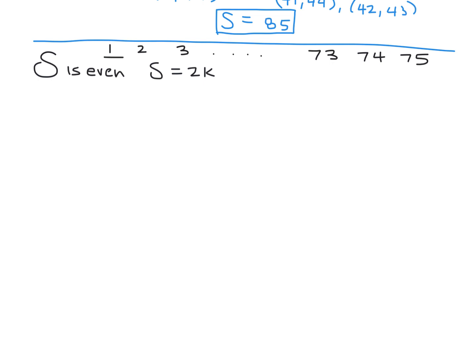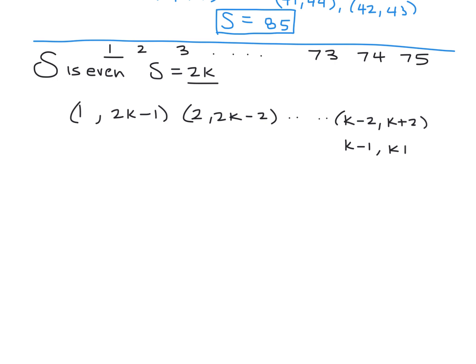Let's start on this side this time. So 1, and then I'd have to add 2K minus 1, because remember the sum this time is 2K. And then it'd be 2K minus 2. And then you keep going: K minus 2, K plus 2, and then K minus 1, and then K plus 1, like that. Got it? So we have 33 pairs